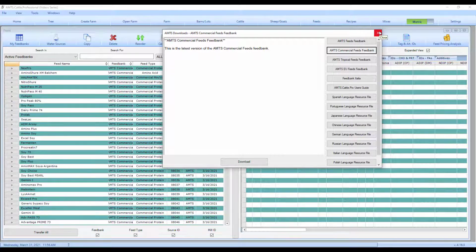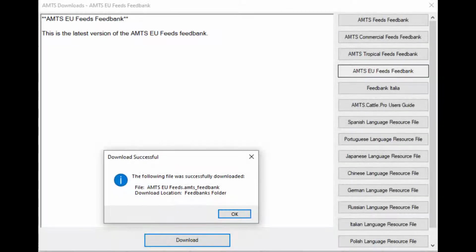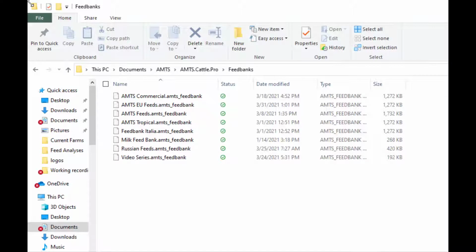To do so, click on the control button for the desired file. It will download. By default, it should download to the proper location. If it does not, move it from whatever folder it ends up in and put it in Documents, AMTS, amts.cattle.pro, and into the feed banks folder.